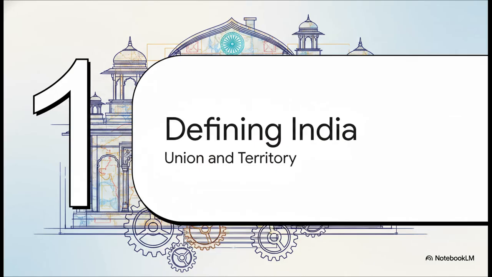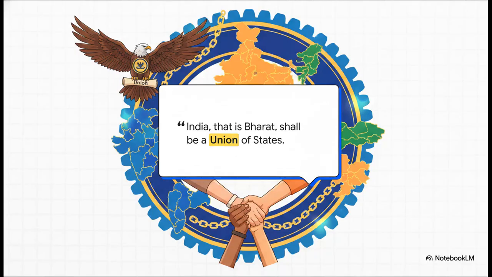The Blueprint. Defining India's territory. Right, so before you can govern a country, you have to pour the physical foundation. Article 1 plainly states, India, that is Bharat, shall be a union of states. Now, what's fascinating here is that the word union wasn't just some casual, stylistic choice by the chief architect, Dr. B.R. Ambedkar. It was a very deliberate, heavy-duty lock on the front door. See, unlike a federation, where independent states voluntarily come together, shake hands, and form a country, the word union means the states never agreed to join, and they absolutely do not have the right to leave or secede. The unity of the nation is permanent. You can't just pack up your room and walk out of the house.